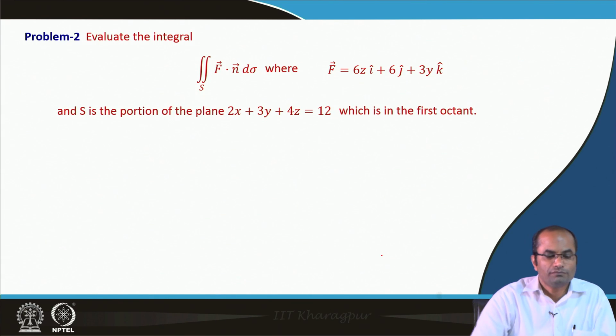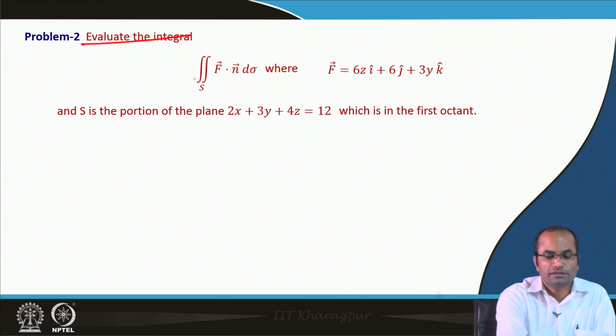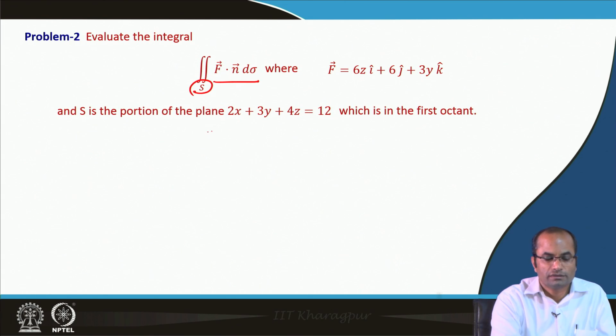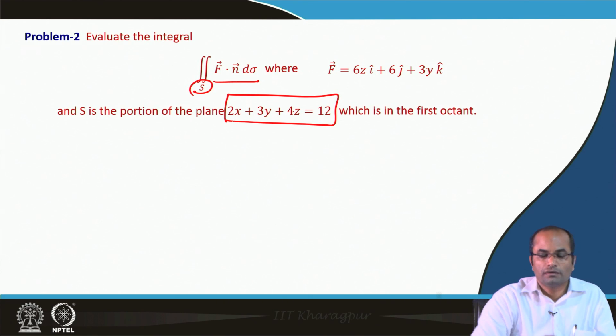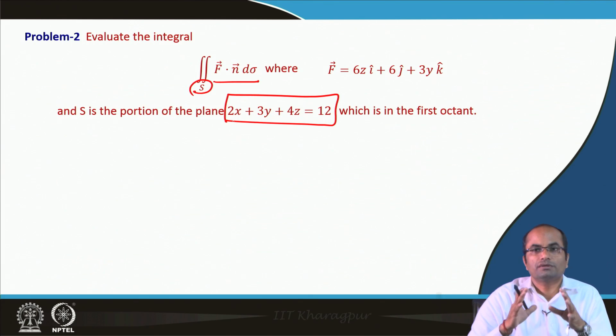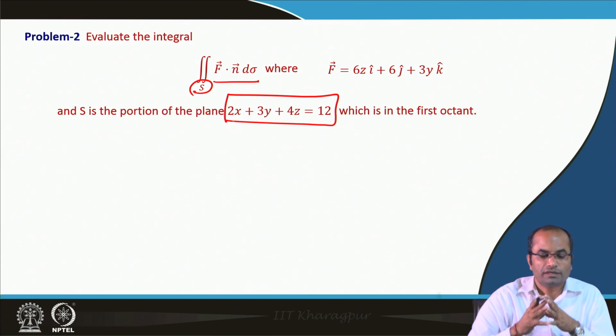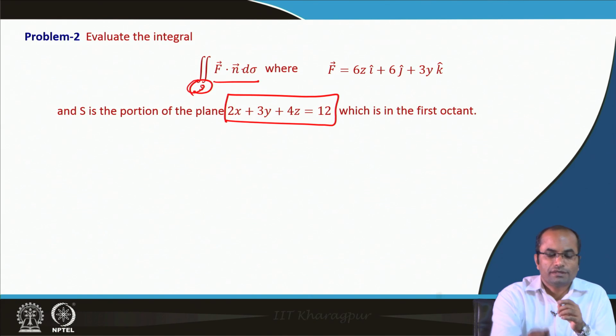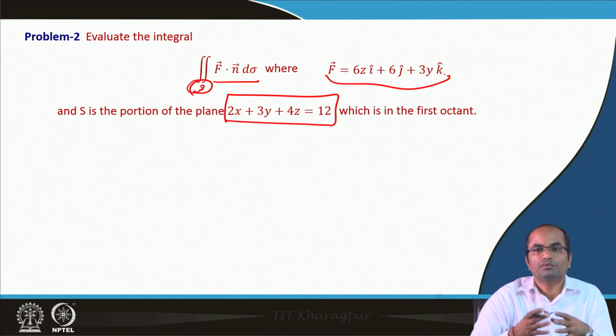Okay, so the next problem: we want to evaluate this integral of f dot n d sigma over S, where S is the portion of this plane which is in the first octant. So we have this plane, and we are considering only the first octant of that plane for this surface. Again, the same process: f is also given, we need to compute f dot n, and we need to compute this differential element,